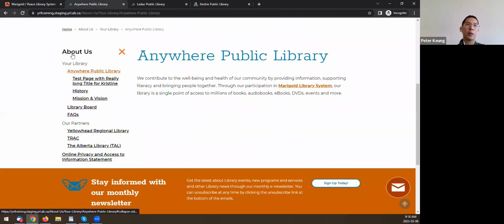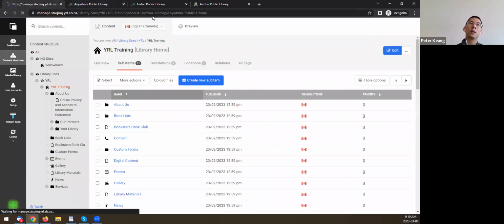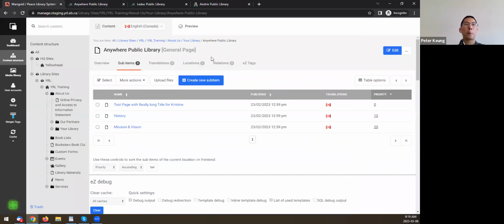So in this About Us tree, you've got this structure all the way to Anywhere Public Library, and actually Anywhere Public Library has some child pages. So if I just paste this URL in to the training site, I can get to that page. And if I edit this page,